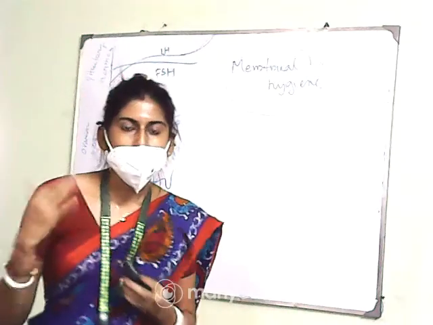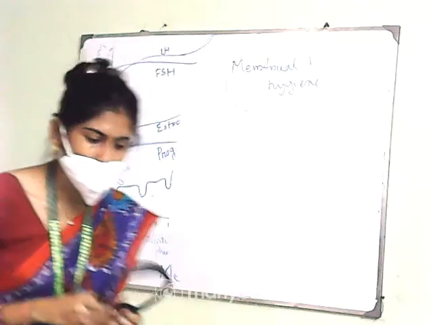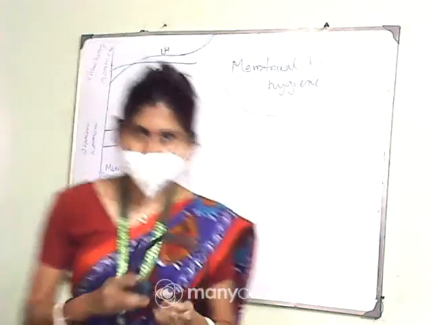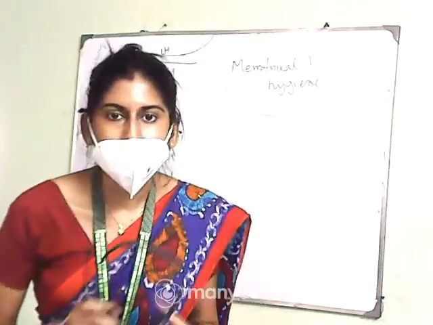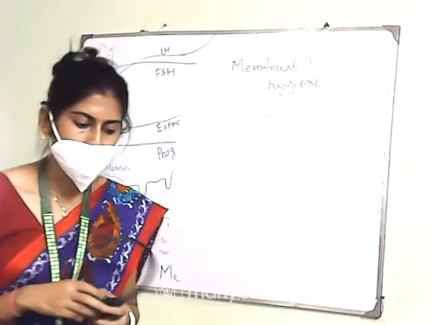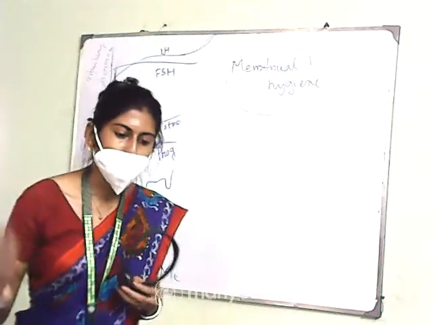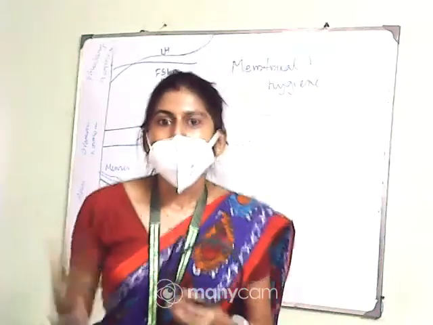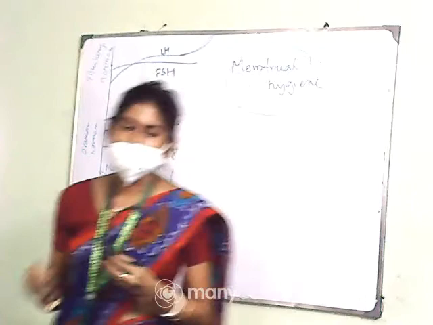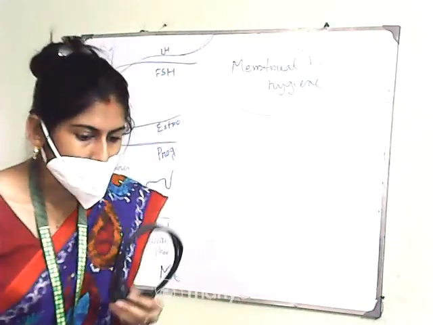Okay, so what should we maintain? First, use sanitary napkins or clean homemade pads. A girl or a woman should use sanitary napkins or homemade pads, and change sanitary napkins after every 4 to 5 hours as per the requirement. They need to change these sanitary napkins within a time interval of 4 to 5 hours as per the requirements.